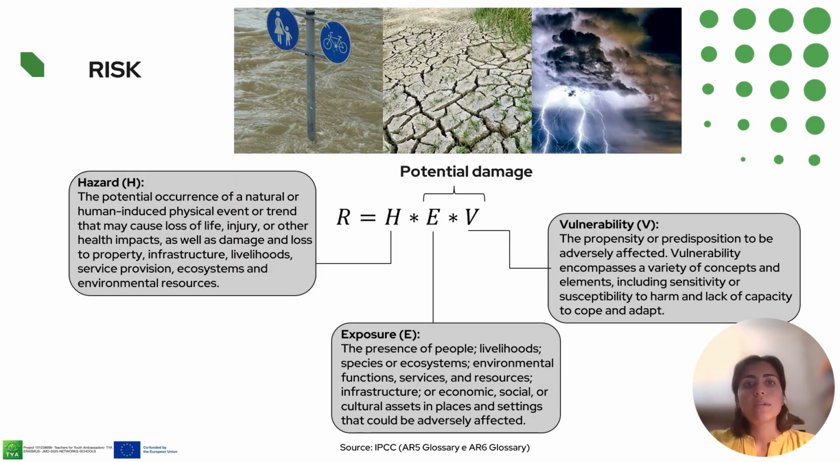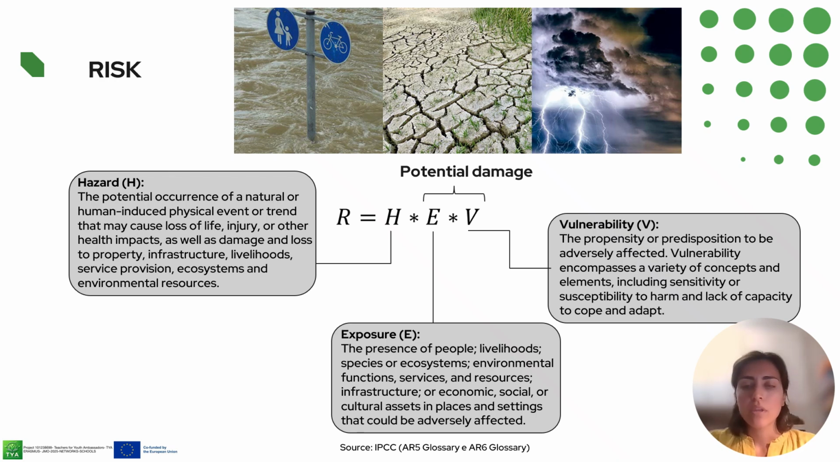In this slide, we see how risk is defined in the context of natural hazards. Risk is commonly expressed as the combination of three main components: hazard, exposure, and vulnerability. The formula here, R equals H times E times V, reminds us that risk does not depend only on the intensity or frequency of a hazardous event, but also on who and what is in harm's way, and on how